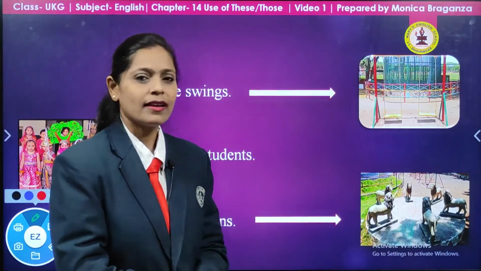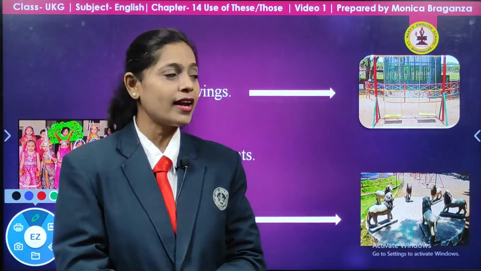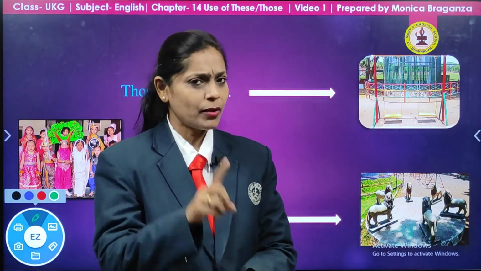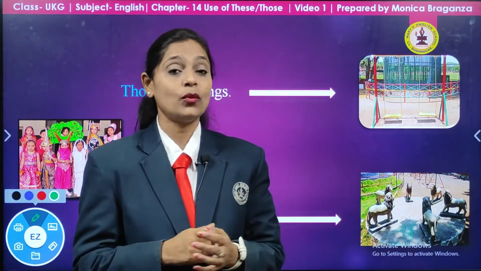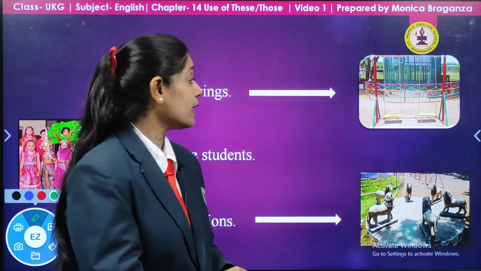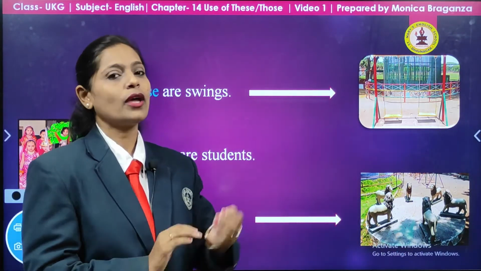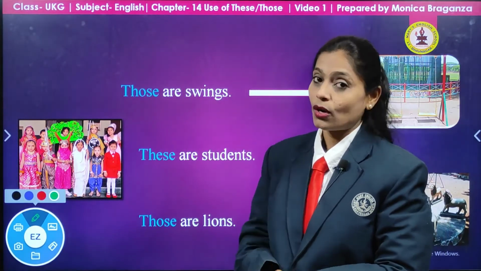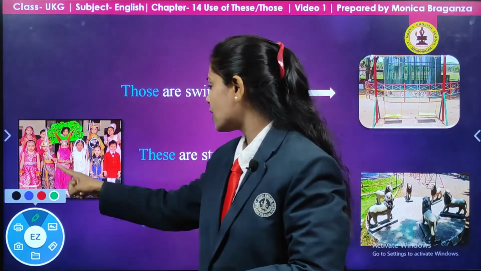Yes, same way. All of you go in the park, and you enjoy sitting in a swing. Yes, all of you enjoy, right? So, what we are having here? Yes, we are having swing. Now tell me, only one swing is there? No, there are two swings. So, what I said, when the things are in quantity, more, what we use, children? Yes, and can you see the arrow? Arrow means what? It is far from us. Okay, so what we are going to say, children? All of you look here. Those are swings. All of you repeat after me. Those are swings.